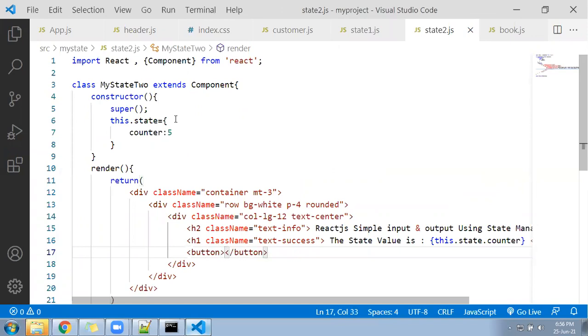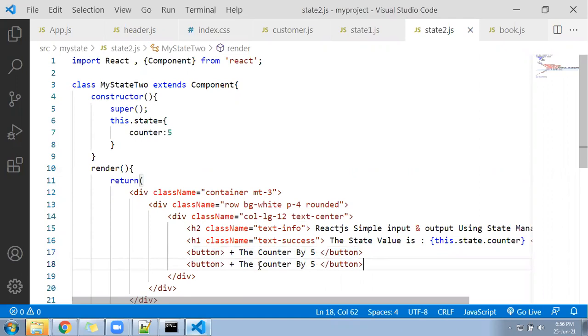After that, write inside it plus the counter by 5. Create one more button right there, minus the counter by 5.